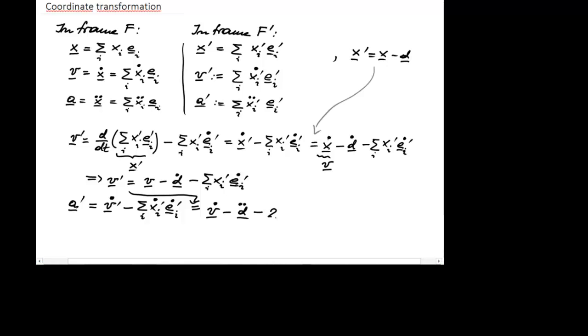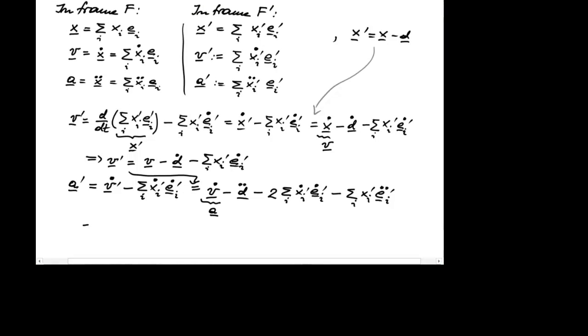We have minus 2 times the sum over i of xi prime dot ei prime dot. And then finally we get a contribution, the sum over i of xi prime ei prime double dot. Now this here by definition is my acceleration, the acceleration that I see. And therefore, taken together, we can say the acceleration that my colleague sees is equal to the acceleration that I see